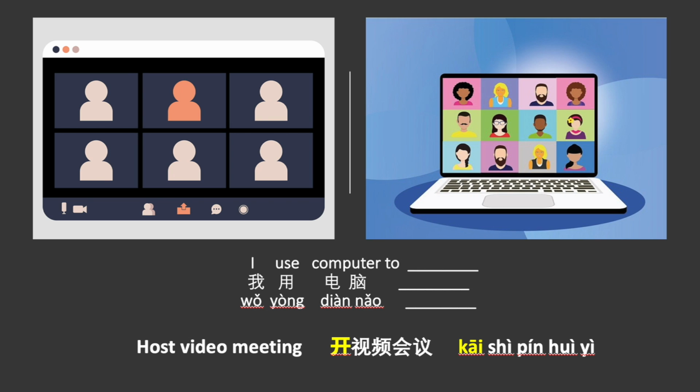So to say to host video meeting or video conferencing, you can say 开视频会议。To say, I use computers to host video conferencing, you can say, 我用电脑开视频会议。